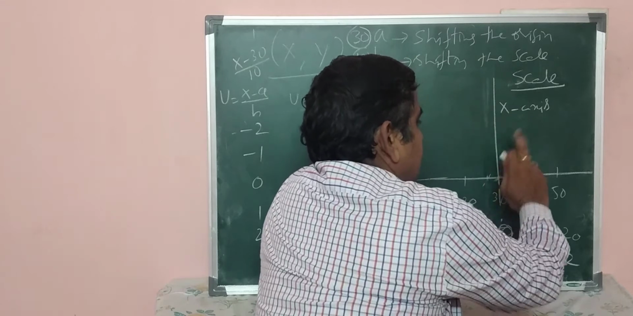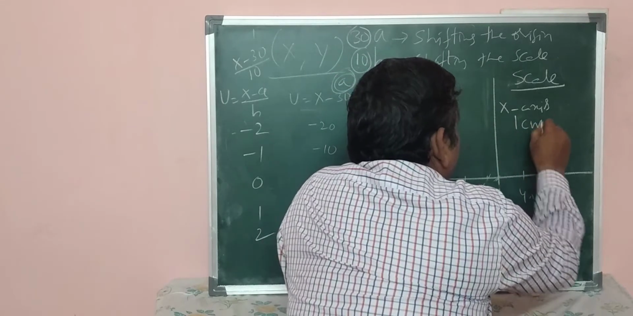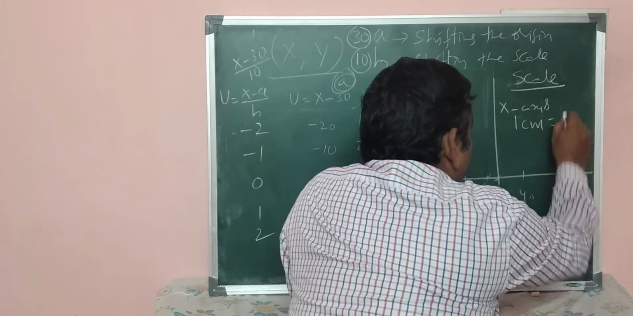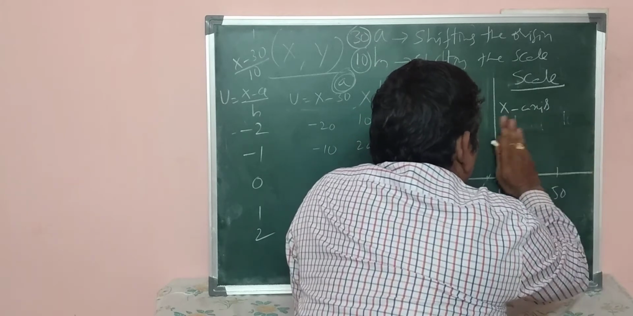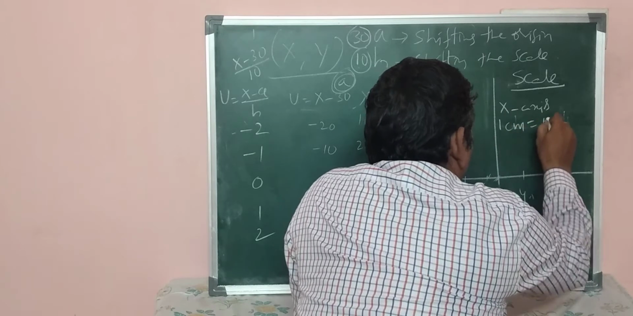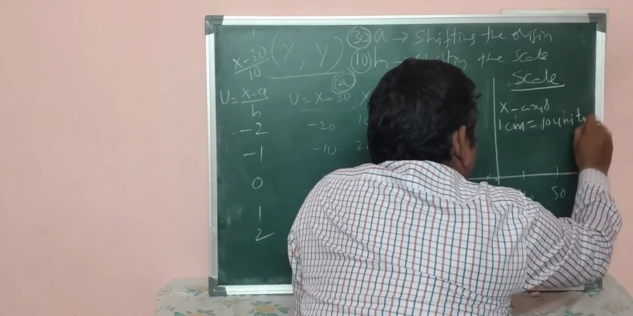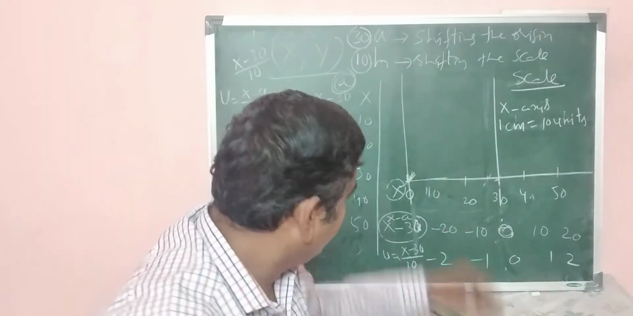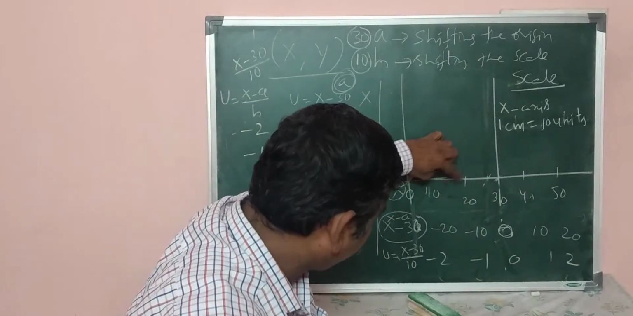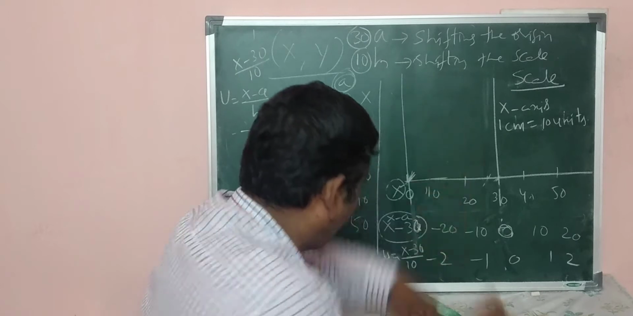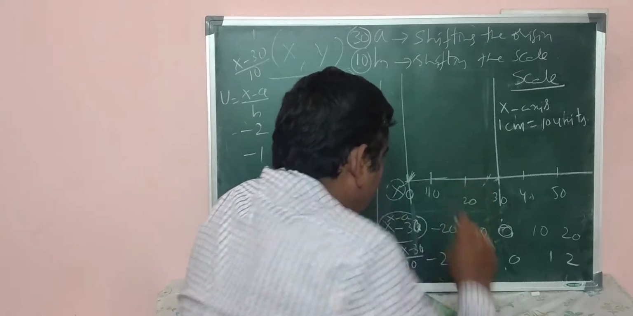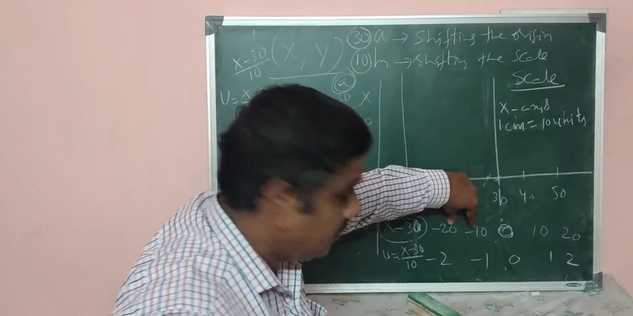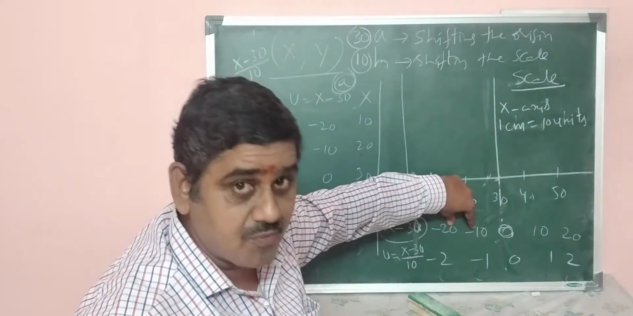On x-axis, the scale is 1 centimeter is equal to 10 units. 1 centimeter is equal to 10 units, right? Here the scale is 10 units. 1 centimeter, for example, you consider this is 1 centimeter. 1 centimeter is equal to 10 units. Here as well, scale not shifted. You observe the